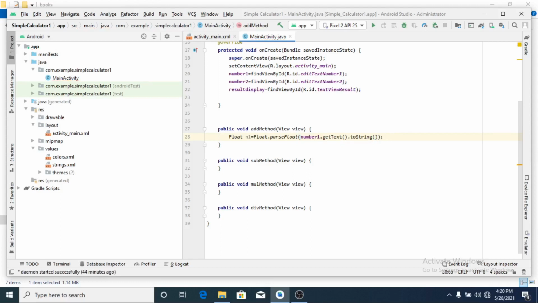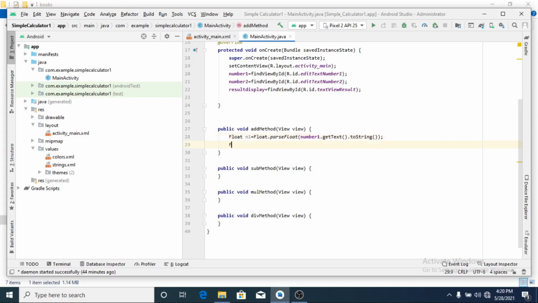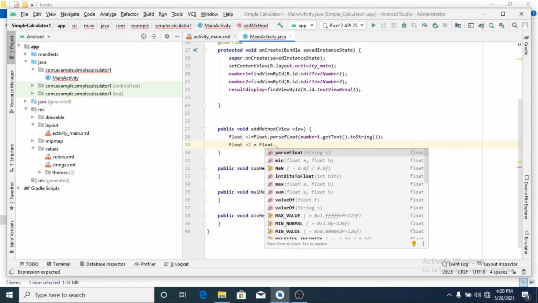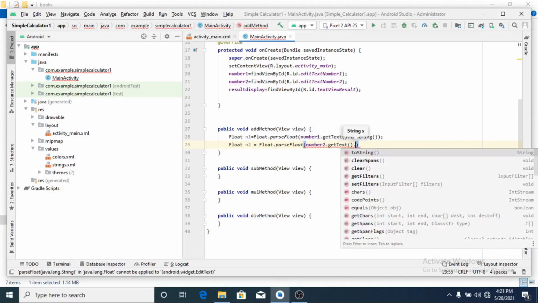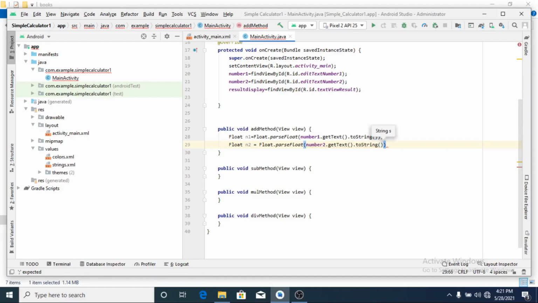From the get text method I am getting the text, and from there I will convert into string, and from the parse float method I will convert it into float. That's all. Now float n2 is equal to Float dot parse float, and then number 2 dot get text to string. Yeah, I got both numbers. Now they are floating numbers.